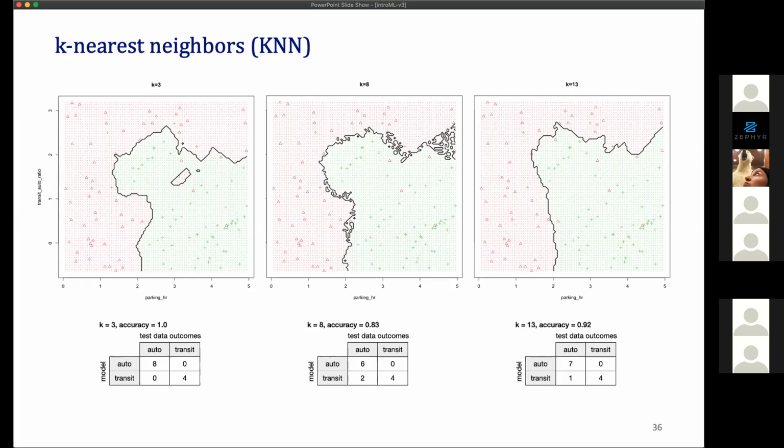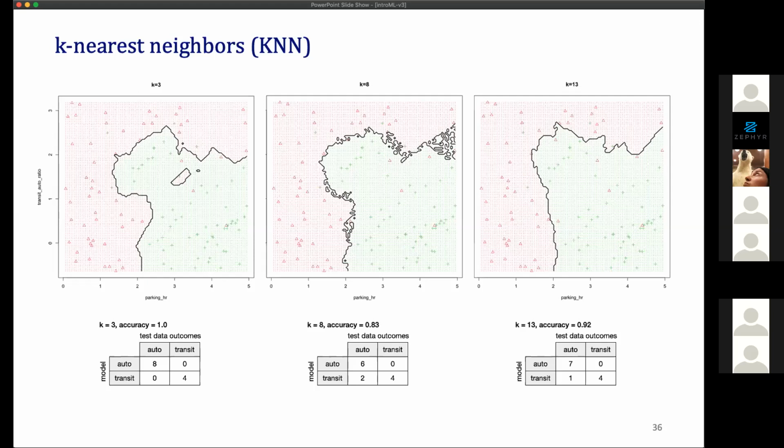It very simply takes every point within my response surface here, and I average it with the closest k number of neighbors to come up with a response surface that you see there demarcated, in my case, simply between two regions because I have two predictors. And I can choose the number of adjacent nodes or neighbors that I include in my calculation. And counterintuitively, the more I include, the better I do not get. When I jump from 3 in the leftmost panel to 8 in the center, I actually get a fragmented boundary. And it's not until I get up to 13, which generalizes a bit too much, that I'm able to come back and look at it and say, actually, the simpler model, the one with the less bias, number 3, is